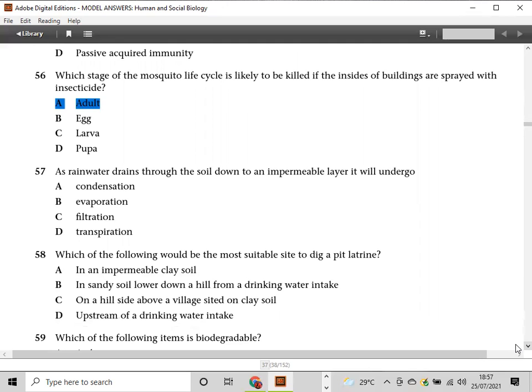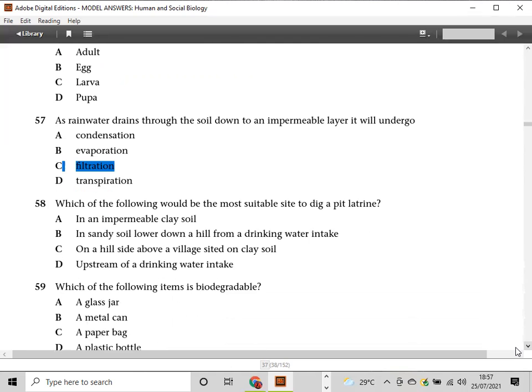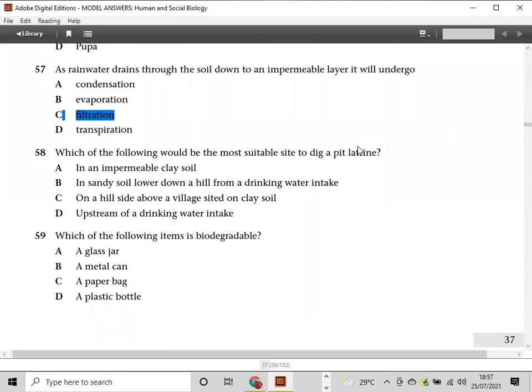Rainwater drains through the soil going to an impermeable layer. It will undergo filtration. Guys, this is what I should have done all along. I'm so sorry. 58, which of the following would be the most suitable site to dig a pit,